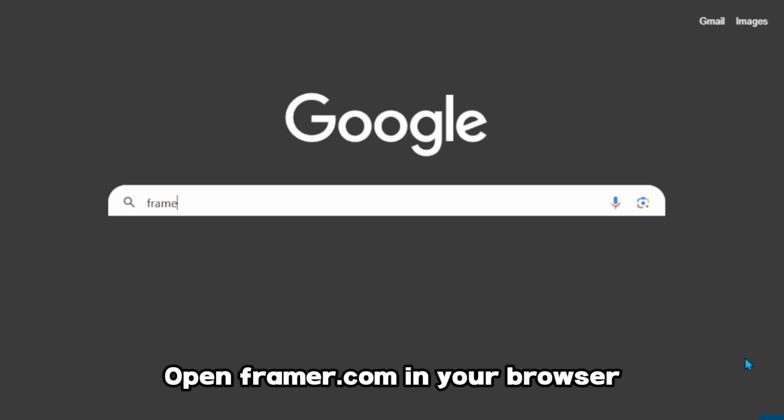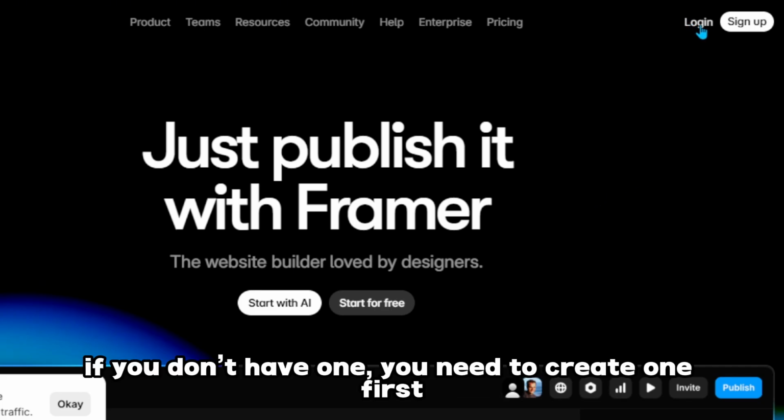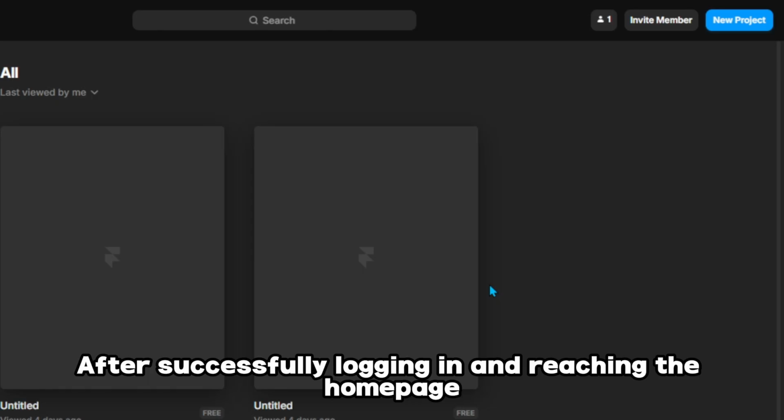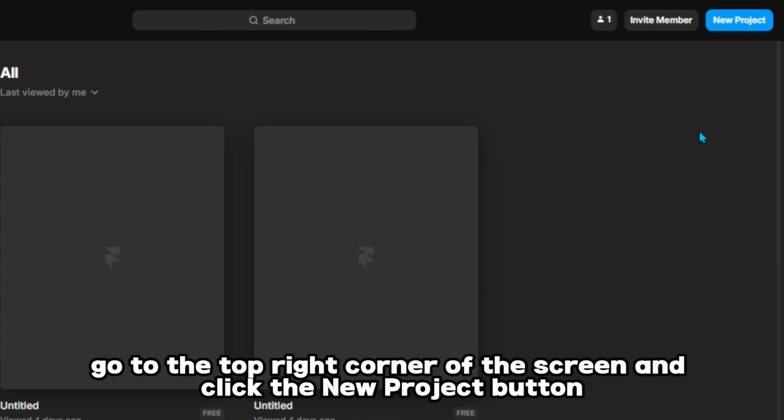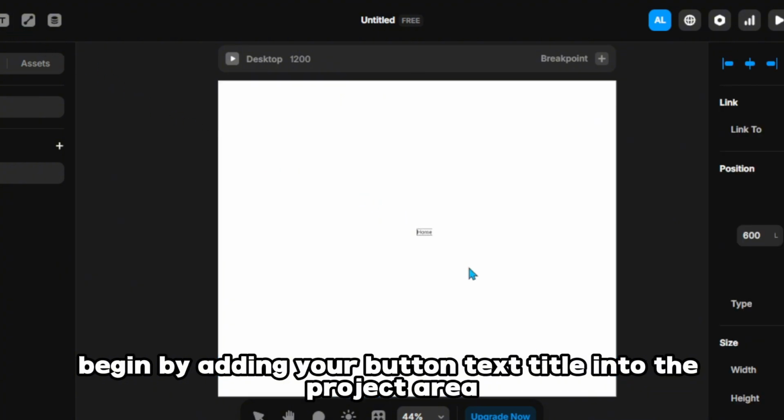Open Framer in your browser. Log into your account. If you don't have one, you need to create one first. After successfully logging in and reaching the homepage, go to the top right corner of the screen and click the New Project button. Once your project is ready and the workspace loads, begin by adding your button text title into